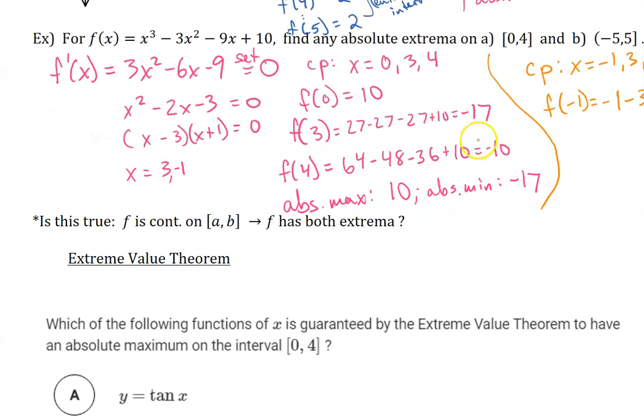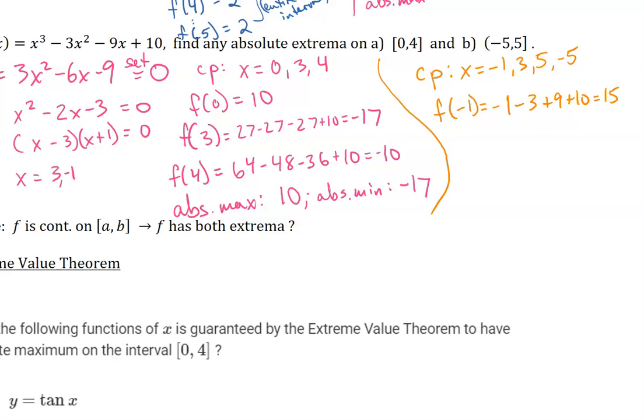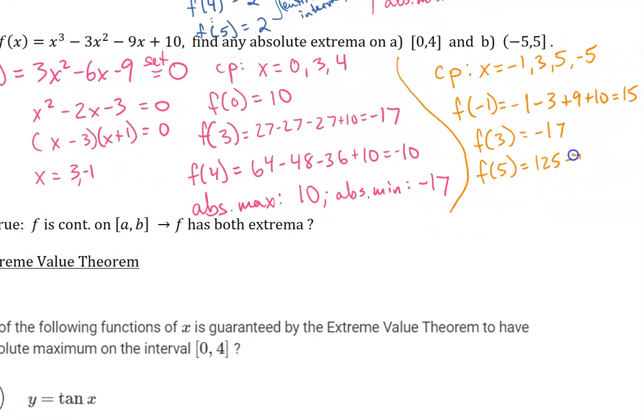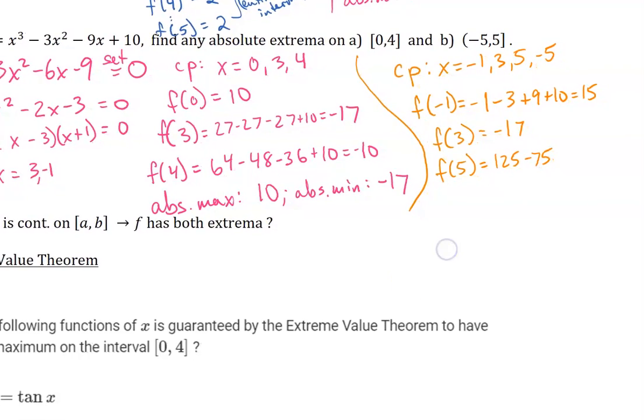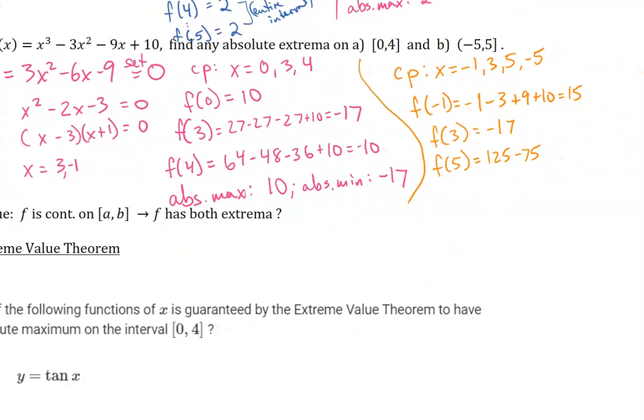Okay, and then f of 3 we already computed, that's -17. f of 5 is going to be 125 minus 75 minus 45 plus 10, which is 15, and then f of -5, which is -125 minus 75 plus 45 plus 10, which is